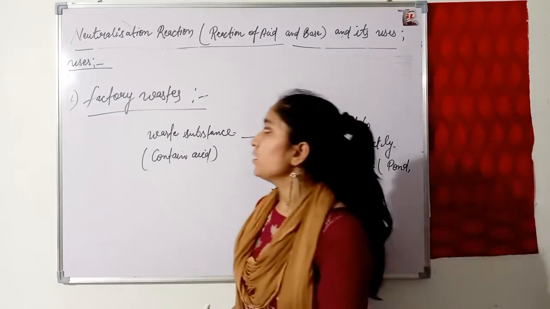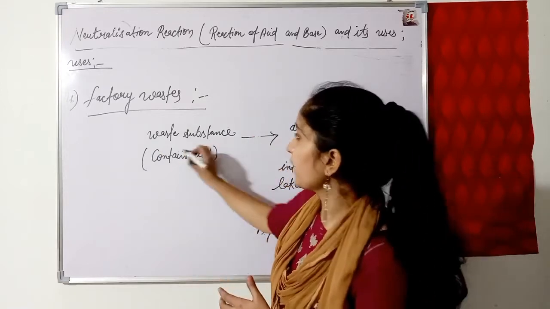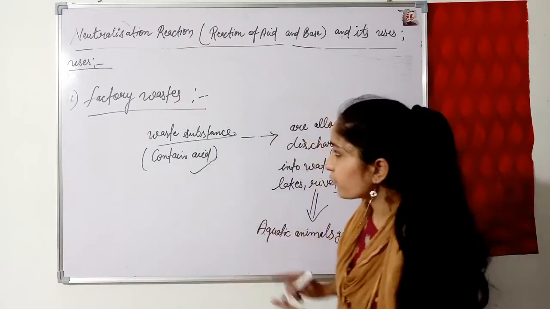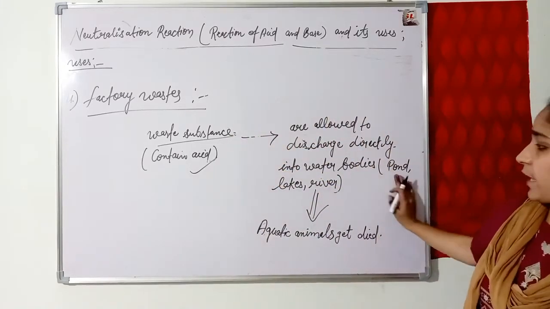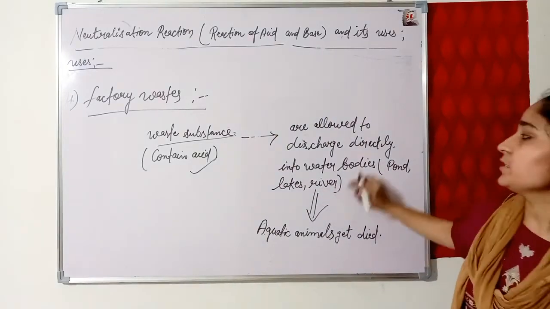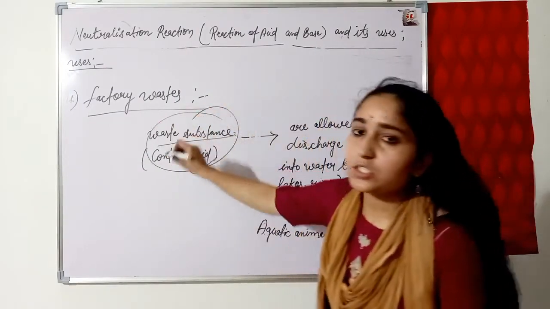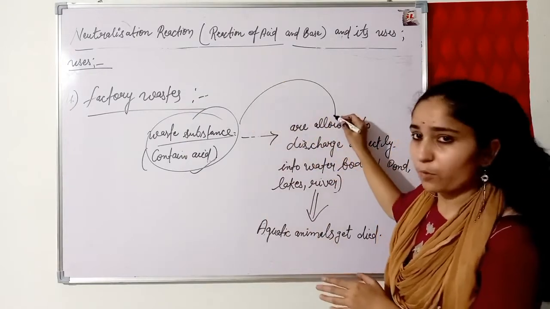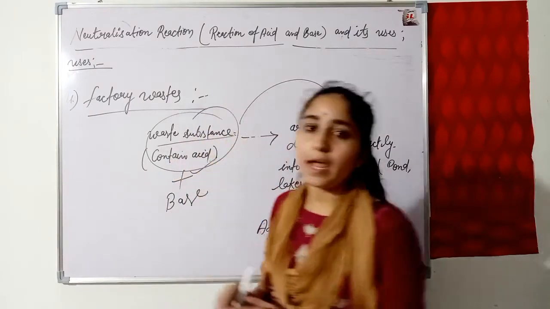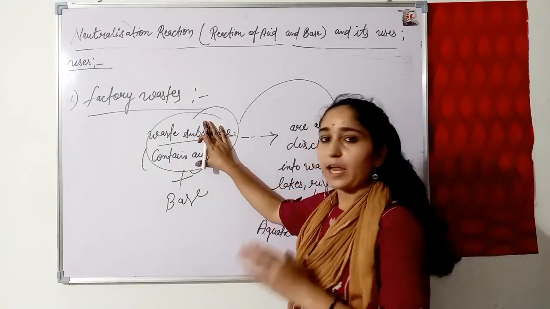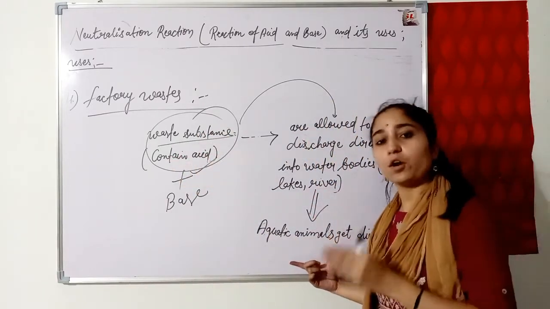The fourth use is in treating factory wastes. The wastes that are discharged by factories we call waste substances, and these waste substances contain acid. When these waste substances are discharged directly into water bodies like ponds, lakes and rivers, the animals present in those water bodies die. So these waste substances, before discharging directly into water bodies, should be treated with base, so that the effect of this acid can be neutralized, and aquatic animals will not be